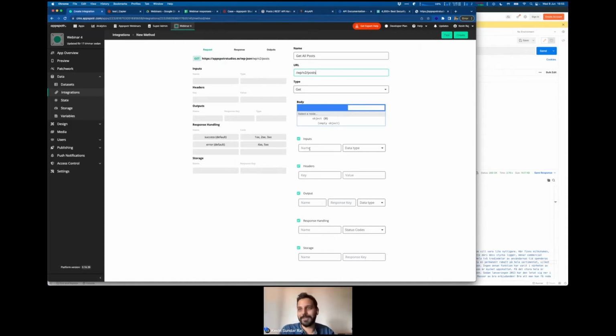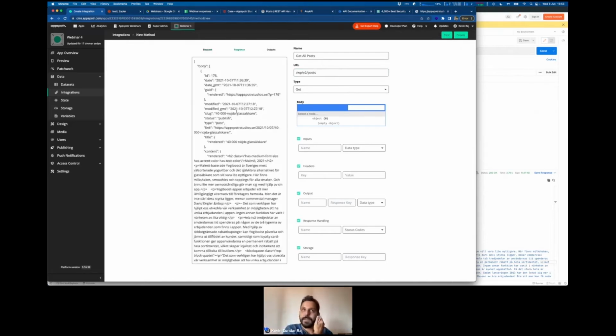I'll make an example just in a few minutes to show you that. And then the main thing is, yeah, you're making a request to get something back, right? So you need to configure something. You have 2 buttons. One is to create, one is to test. Let's just test it. There we go. So it's the same